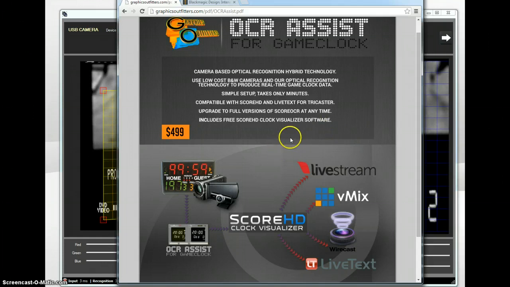OCRAssist differs from our traditional Score OCR program, as this is used only for generating a game clock. It's what we consider a hybrid technology because it uses the OCR data to increment a manual clock that you would normally try to start and stop to match the scoreboard clock. So OCRAssist in effect starts and stops the clock in sync for you rather than having to try to do it